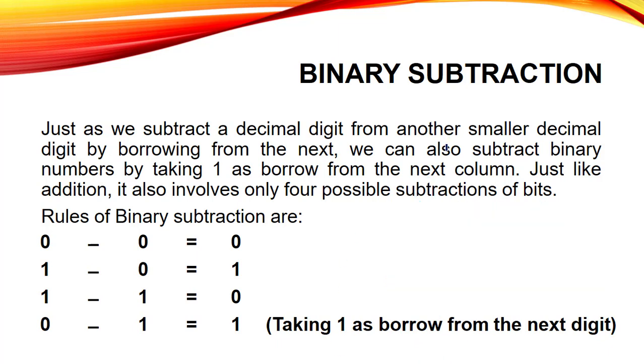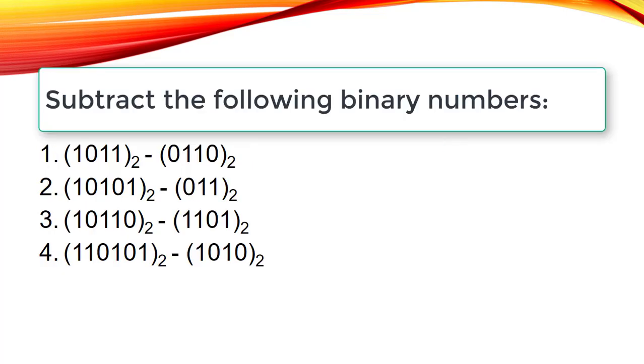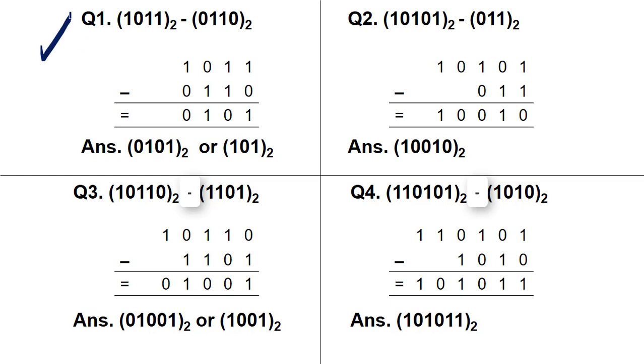Now with the help of some questions, we have to discuss this process also, and for discussing this we are using our homework questions. So these were the 4 questions which I gave as homework. Now we have to discuss all these homework questions one by one. Our first question was 1011 minus 0110. If you have already solved these questions, then you can pause this video, check your answers, skip this part and directly move to the binary multiplication. But if you have any doubt with the subtraction, or you want to learn the subtraction once again, then you can watch this complete video without skipping any part.